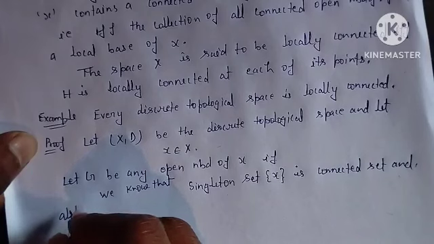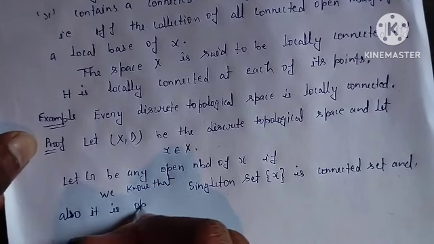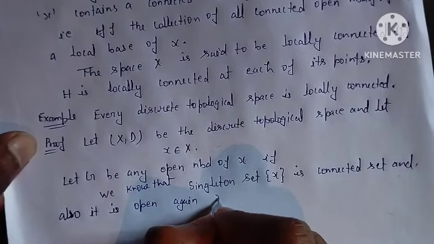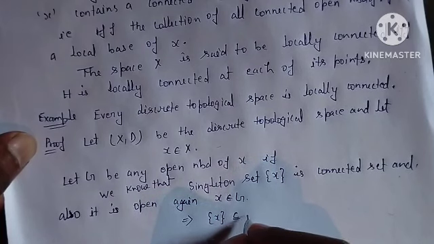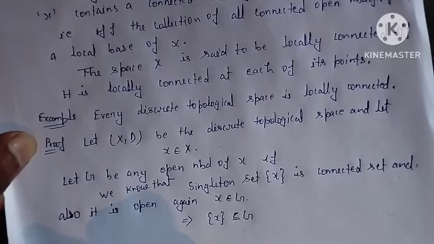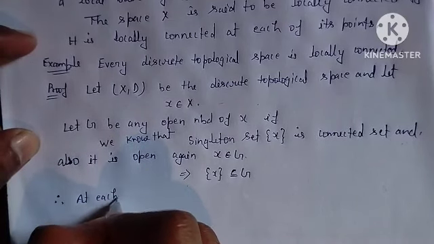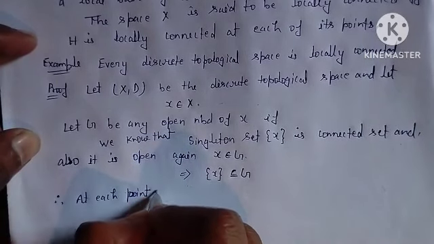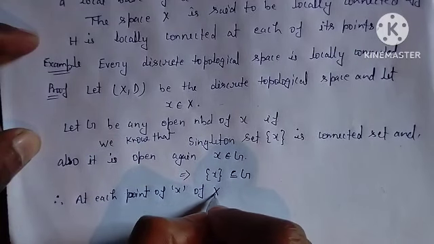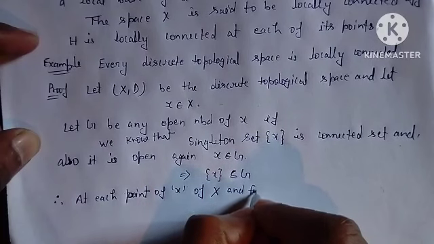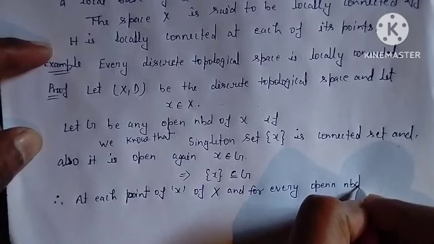सिंगलटन सेट जो होता है वो कनेक्टेड भी होता है और ओपन भी होता है. Also it is open. Again, x belongs to G implies that {x} is a subset of G. At each point of x, and for every open neighborhood of x,